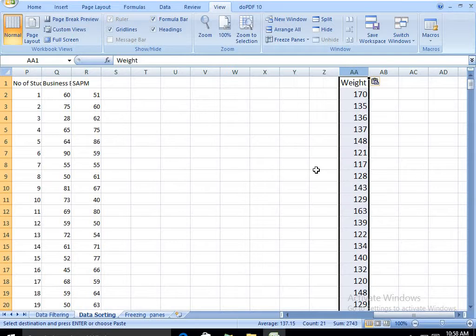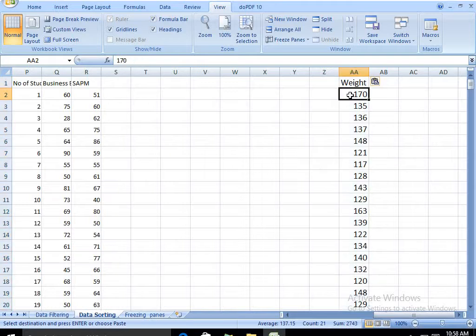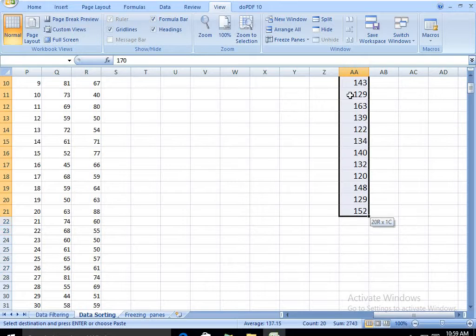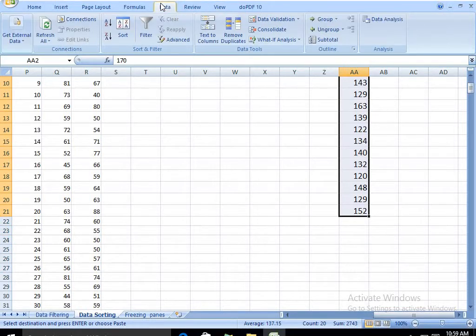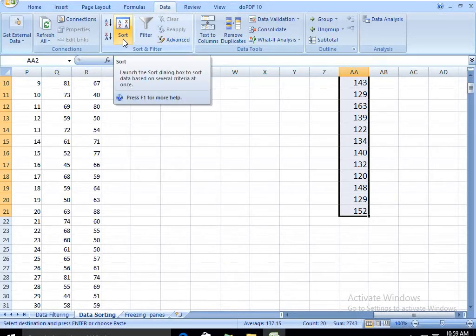For rank ordering also you can use sorting data. What you have to do is exclude your label. You select the real data, the variable alone. Then go to Data and go for the Sort option. In the Data tab, Sort option, you have two options: ascending order and descending order.